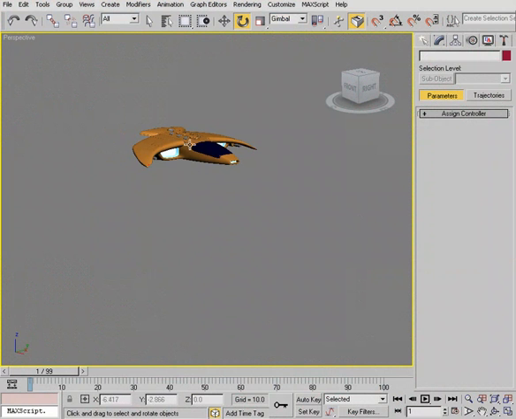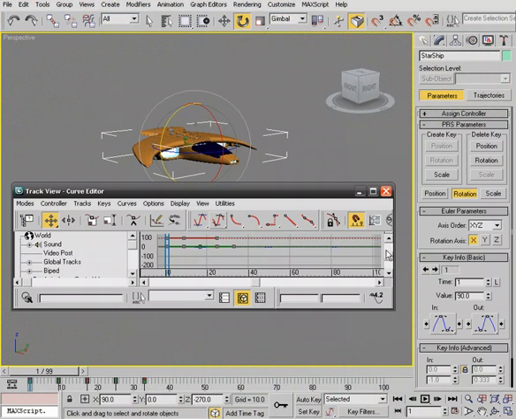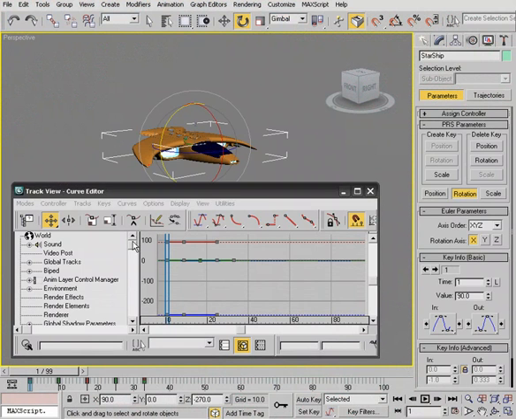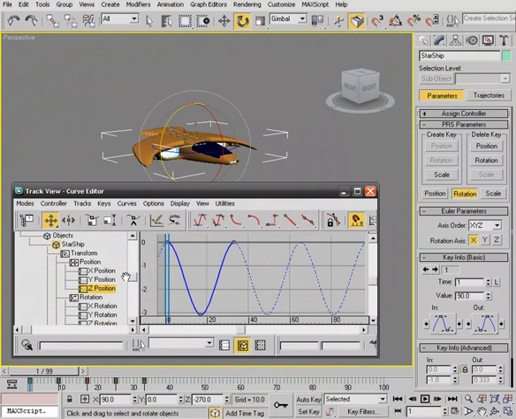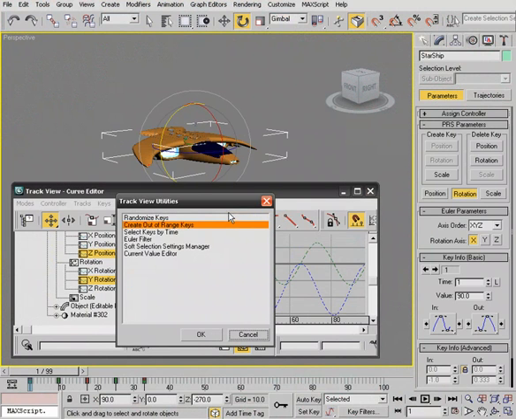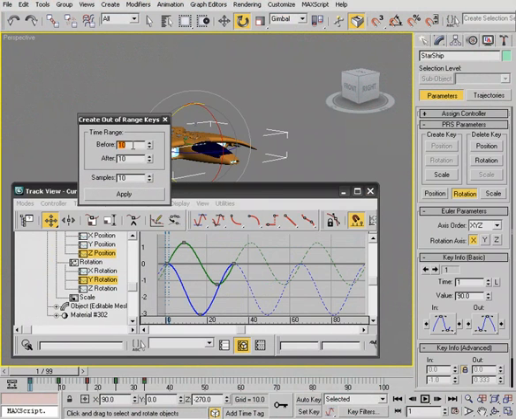What we can now do, selecting our ship, is go to our curve editor, and we'll go to the tracks we'd like to extract keyframes from. So that's going to be our position Z track and also the rotation Y. We'll control click both. Now with those selected, we'll go to Utilities, Track View, and choose Create Out of Range Keys. With that selected, we get this dialog where we can choose how many frames we'd like to add before